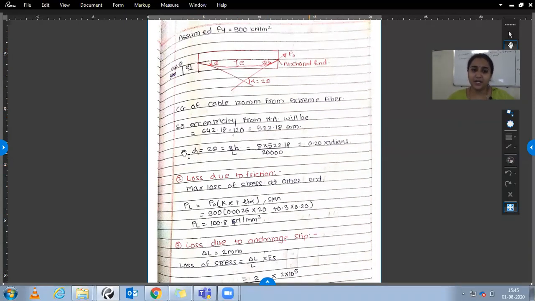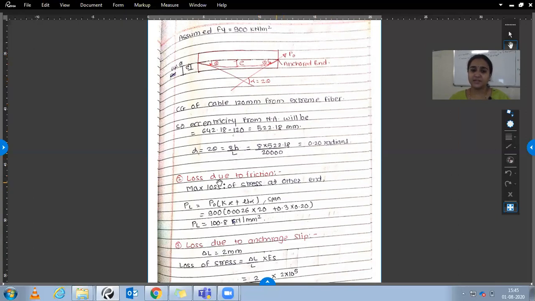Then we will calculate the alpha. Alpha is the deflection, equal to 2 times theta, that is 8h upon L. That value 8h upon L or 4h upon L we have discussed. If the beam is stressed from both the ends, then that value will be 4h upon L. And if the beam is stressed from one end, then that value will be 8h upon L. H is this particular height and L is the length of beam, 20 meter is given, and we will get that alpha in terms of radians.